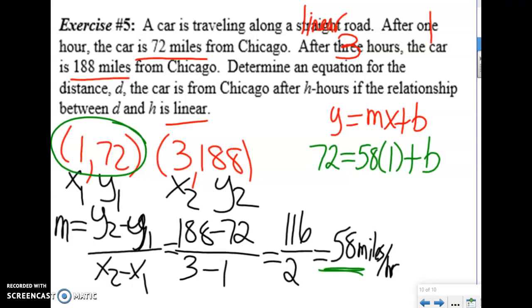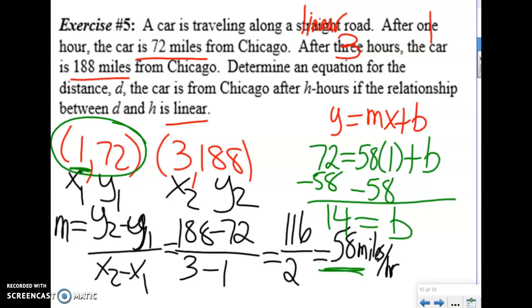What does this really mean? If you travel 58 miles an hour and you go for 1 hour, you're going to go 58 miles. All right, so that's pretty simple. Subtract 58. So if I was 72 miles away at 1 hour, but I'm only going 58 miles an hour, I must have had some kind of head start, and that head start was 14 miles. Okay, so